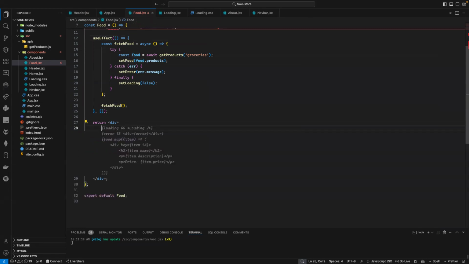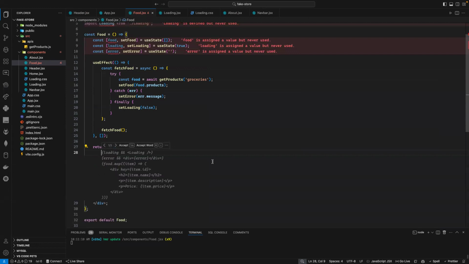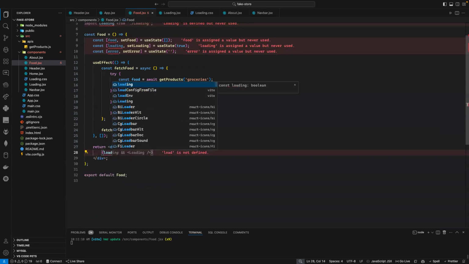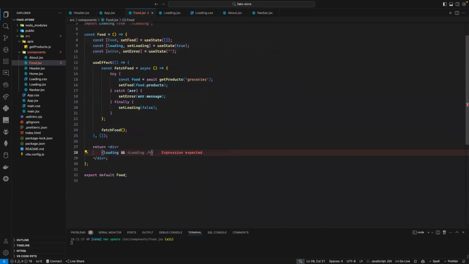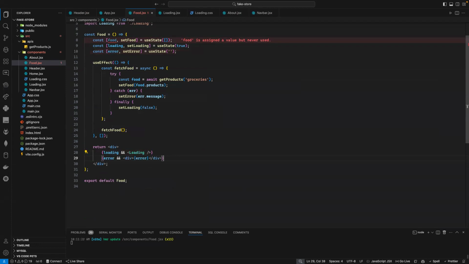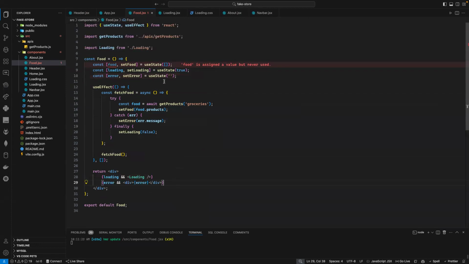I will now render my loading conditionally. So I will just say loading. As you know, it's a Boolean. So if loading, I will render my loading. And of course, if there is an error, I should also render the error. Remember, the error here is a string, and I add the message, so it will be a string. Empty string is falsy. Any other string will be truthy. So error, and I will put it inside a div,